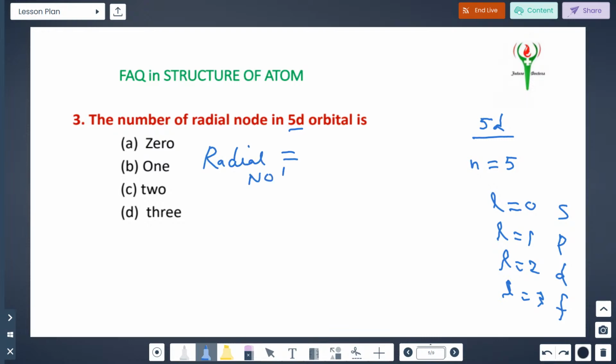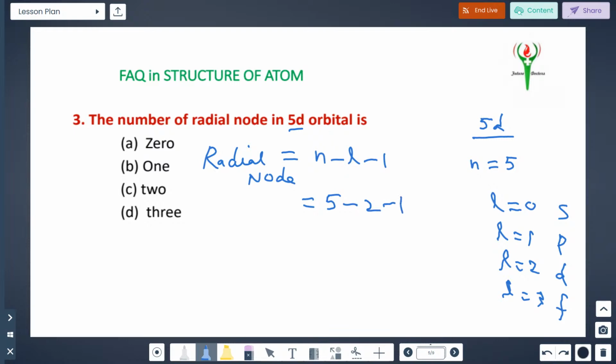Just remember this formula: n minus l minus 1. If you know this, you can solve the sum very easily. n is the principal quantum number. For 5d orbitals, what's the principal quantum number? Here it is 5, so you put 5 here. Understood? 5 minus l. For a d orbital, what's the l value? The l value is 2,